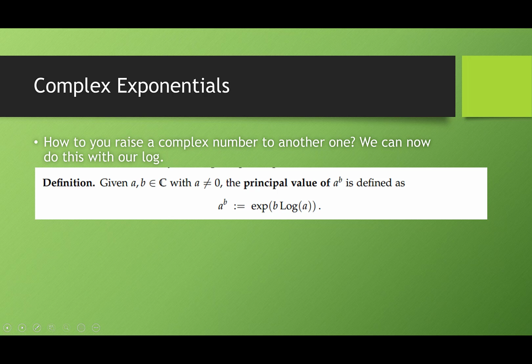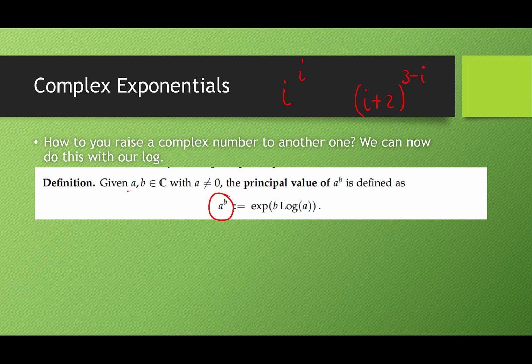Okay, so now that we have our complex logarithm function, we can actually talk about complex exponentials. And you might be like, wait, didn't we already talk about complex exponentials? Not quite. What I mean by a complex exponential is taking a complex number and raising it to another complex number. Like maybe you've asked yourself, how do you do i raised to the ith power? Or what is i plus 2 raised to the 3 minus i? How do you actually do that? Well, now that we have our exponential function and our log function, we can take care of that.